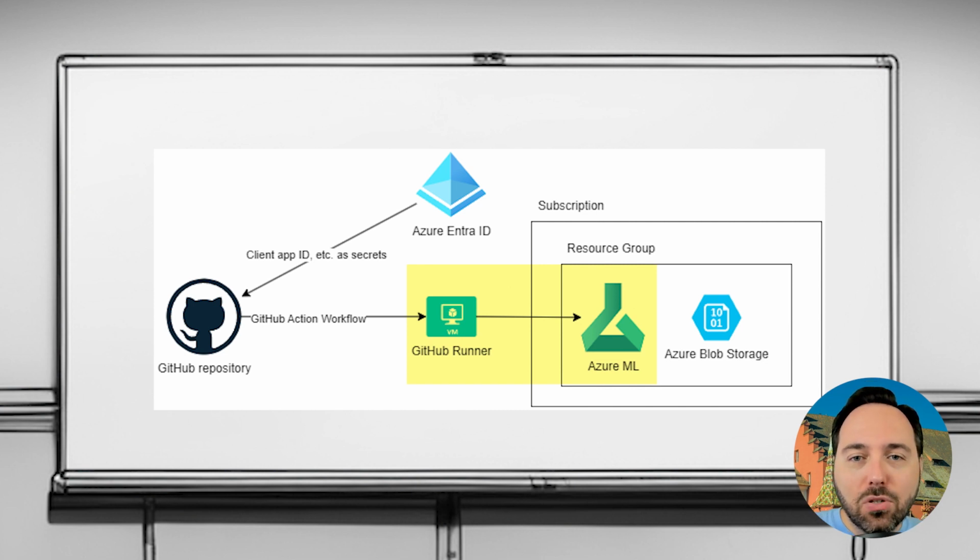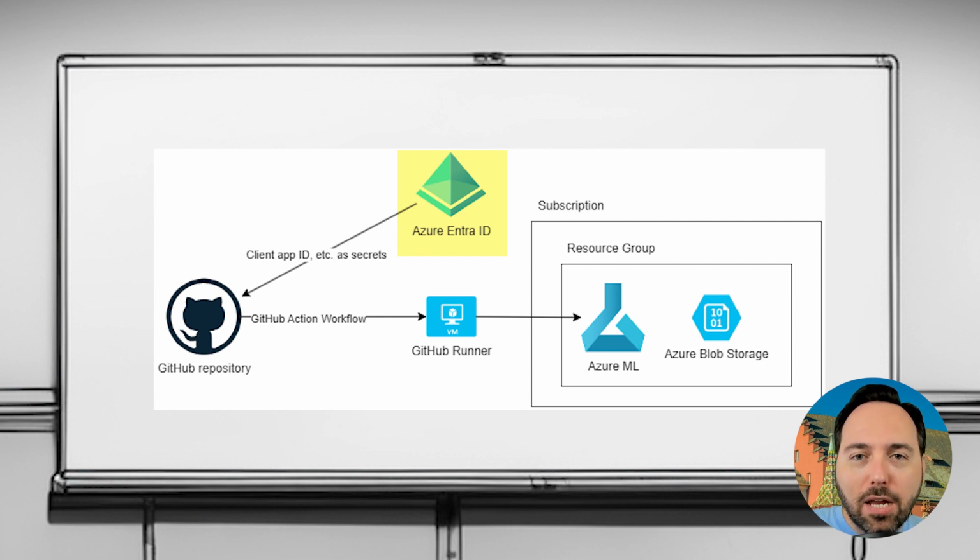We need some sort of authentication token to indicate that we are in fact who we say we are, and that we are authorized to run pipeline jobs in Azure ML, as we don't want just any yokel running them. No, we only want authorized yokels to run them. There are two valid ways we can do this, and both require that we create some sort of principal in Azure Entra ID, which you may also know as Azure Active Directory.